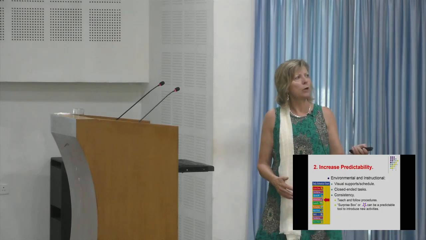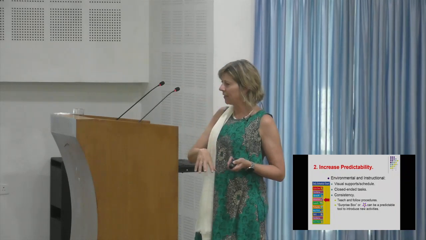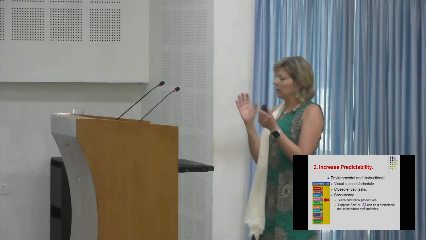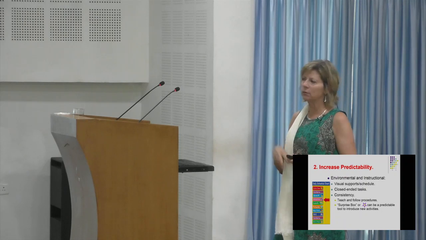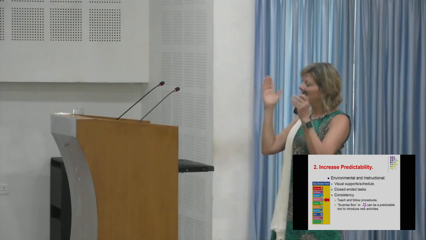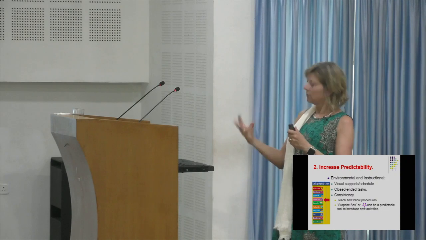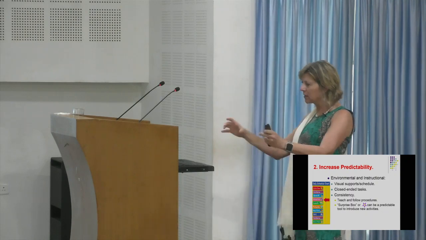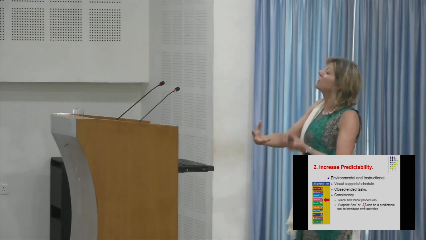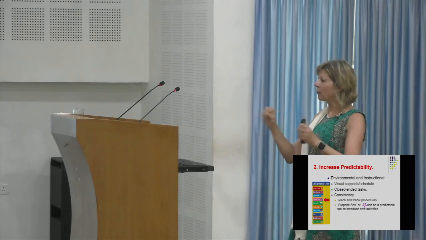I talk here, too, about closed-ended tasks. So that's also telling the kids in advance how much they have to do. If it's a child for whom something is really hard, you tell them, we're just going to do 2. We did 1. Oh, 1 left. So they know exactly how much is left to do. We're going to just do 3. So they see, it's concrete, how much it is that they have to do. It could be putting a puzzle together. We're going to do these 3 pieces, and the 3 pieces are right out there for them to see.